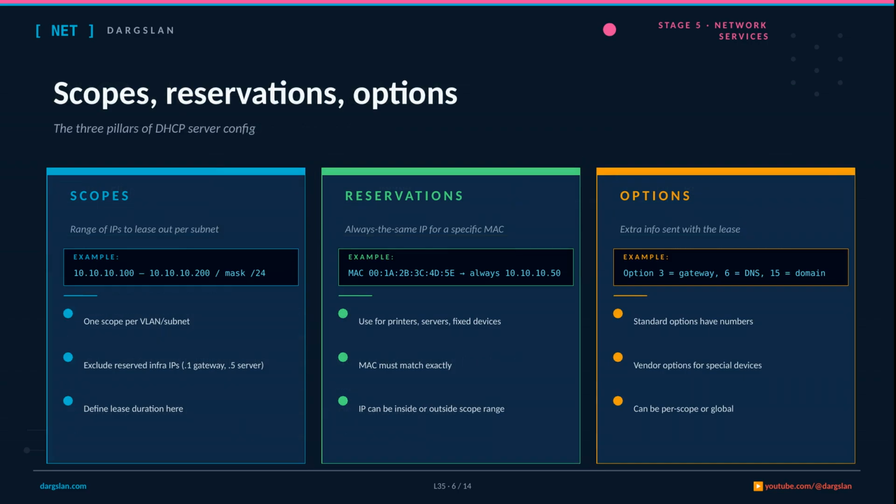Now that we've got packets reaching the server, let's look at how that server is actually configured. And it rests on 3 pillars. First, scopes, the pool of addresses available per subnet, like 10.10.10.100 through 200, with infrastructure IPs like your gateway